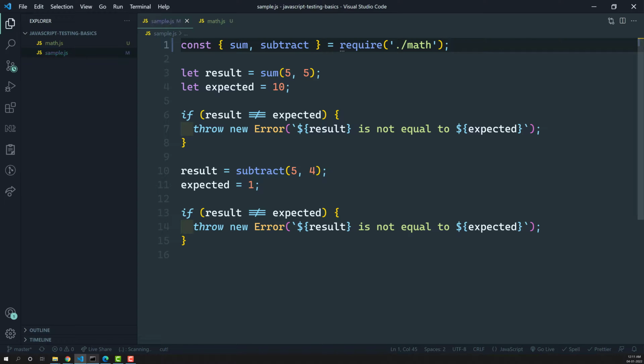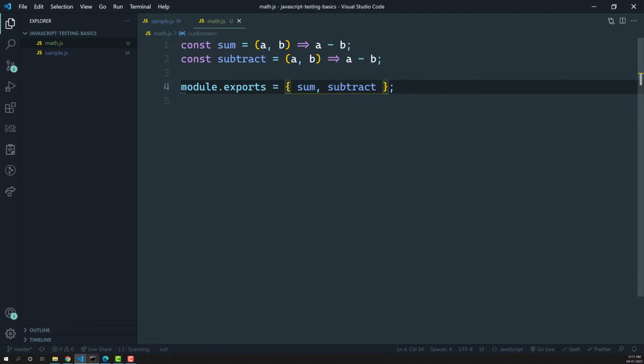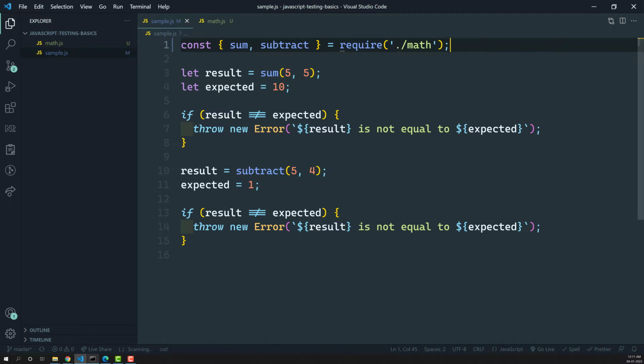Now we have imported the logic, whatever logic we had written previously, from the math.js file. Now we have moved the entire code into a separate file, so that this is the logic file, and if you want to test each functionality, each piece of code, you can write a test file here. So this is sum and all those things, and here we have this separate code, right?